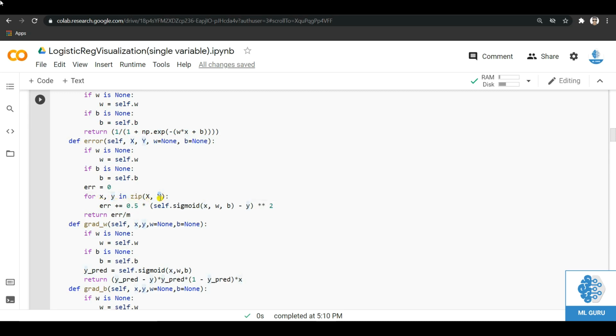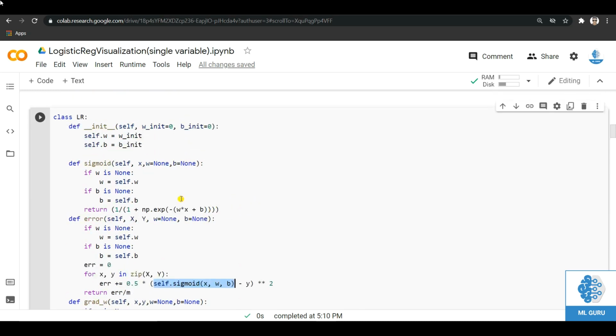So when we iterate through our data set, we will first calculate a y hat, which we can calculate using the function we just defined above.